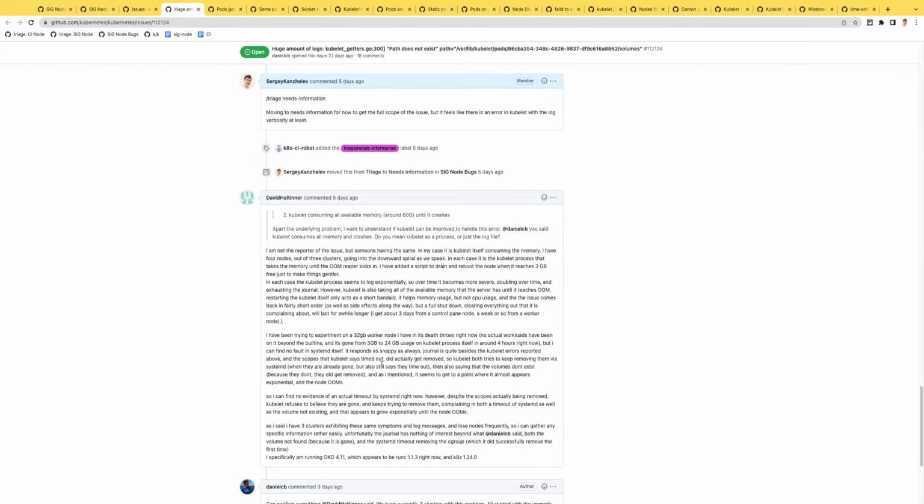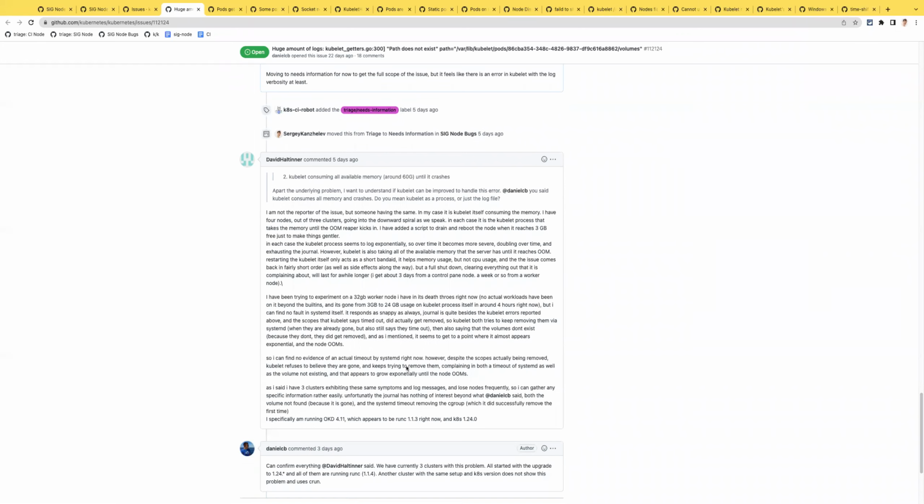I haven't looked at it. I have not looked at this latest comment yet. Okay. I don't know if somebody is looking at the systemd side of it, that's separate, but my worry is that kubelet memory usage grows when this issue happens, and it doesn't sound good when kubelet crashes when there is some environmental problem.